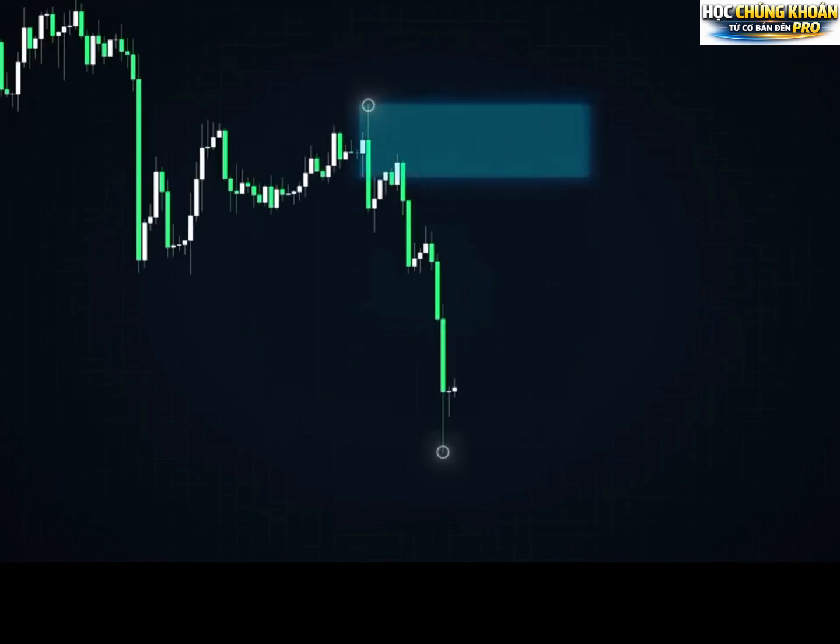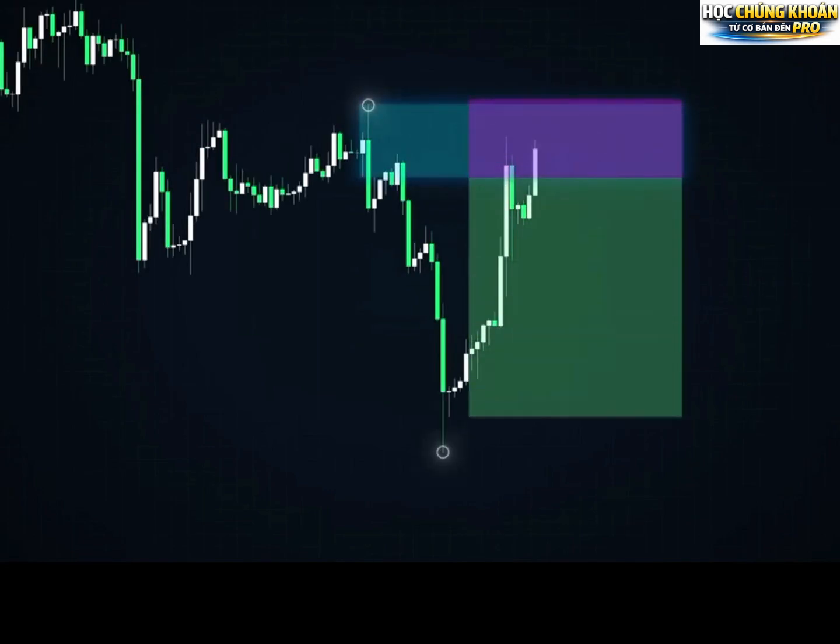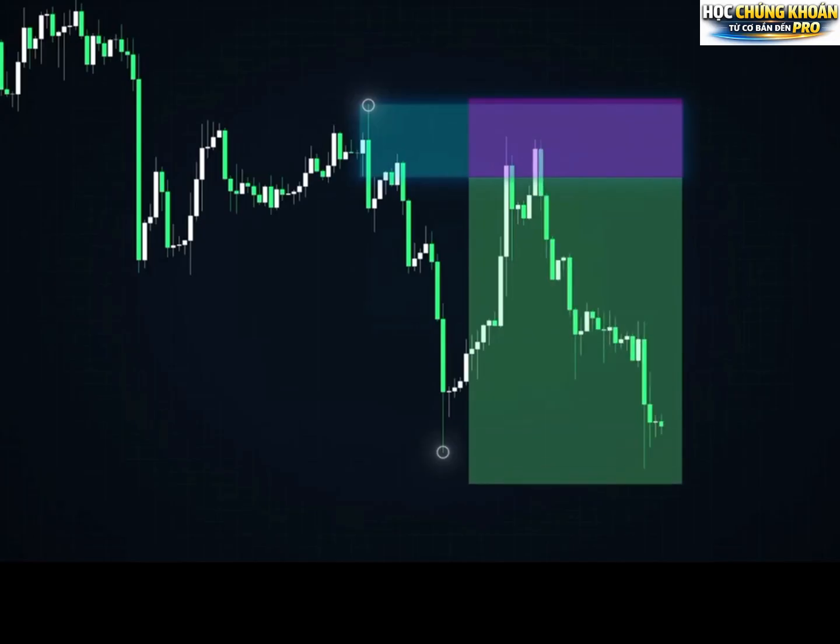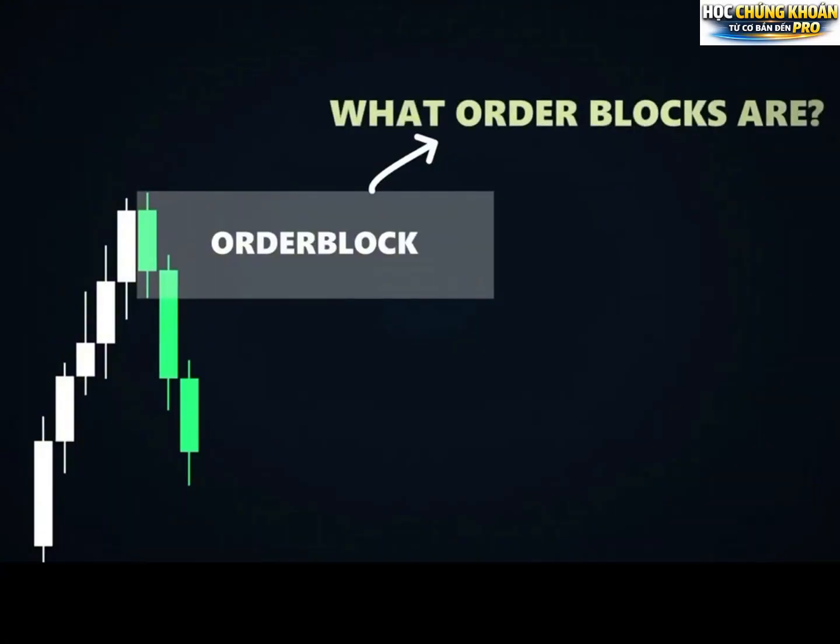Today, I'm going to show you a simple way to understand market movements using order blocks so you can trade with more confidence. Stay with me because this will change how you see the charts. Alright, let's get started. Before we get into trading them, let's first understand what order blocks are and why they